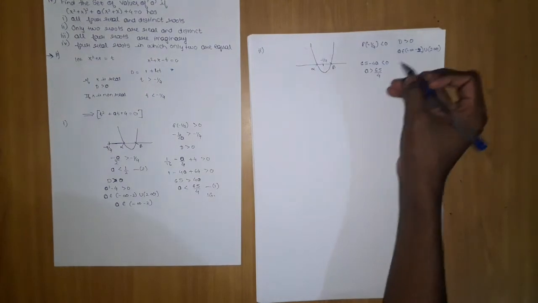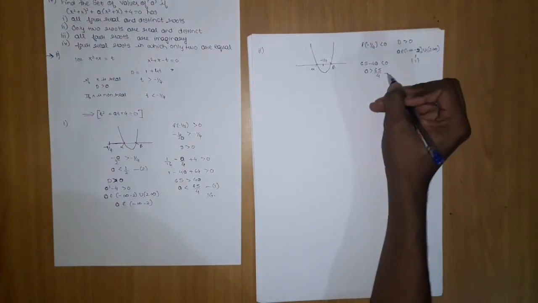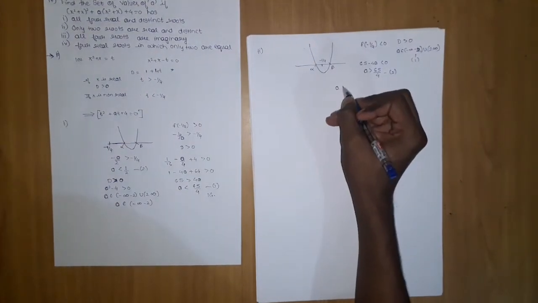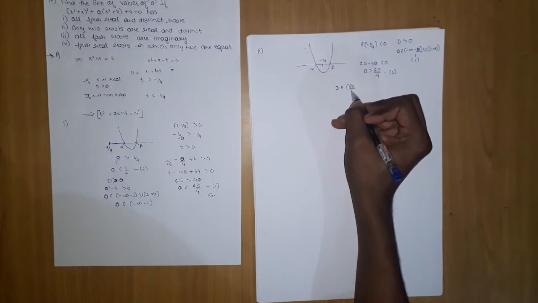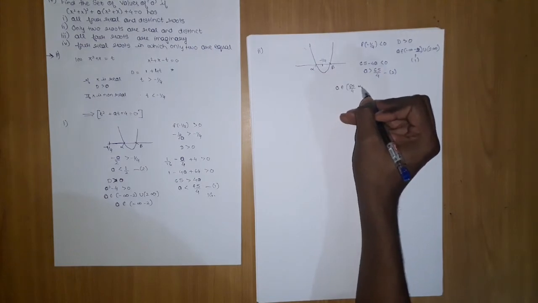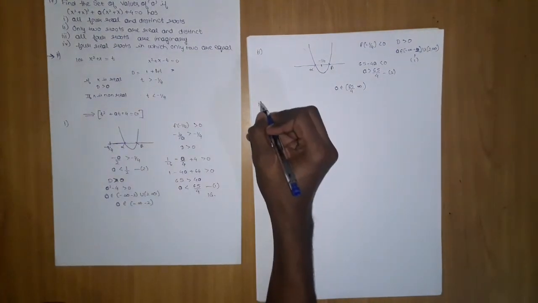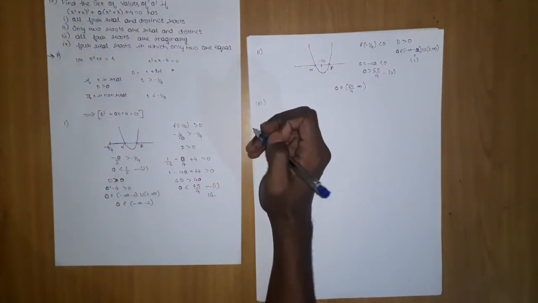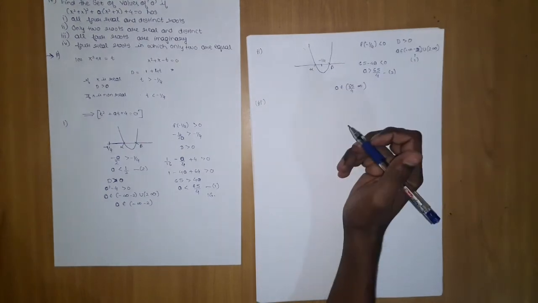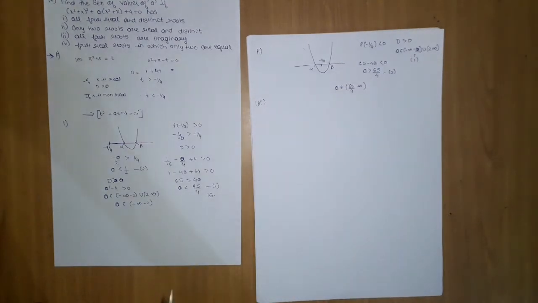Okay, so taking the intersection of 1 and 2, what I am getting is a belongs to 65 by 4 to infinity. Okay guys, let's move on to the third one, which is all 4 roots are imaginary. How can this be possible? If I know after minus 1 by 4, I will find the root.